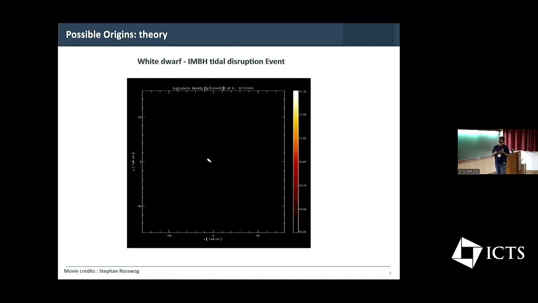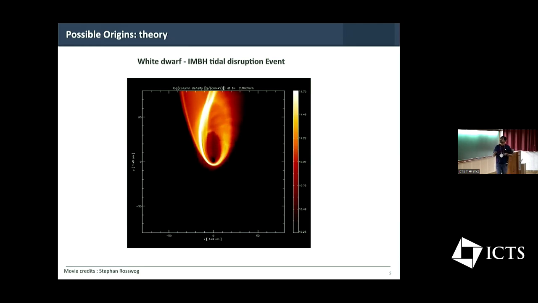Another progenitor is a white dwarf and intermediate mass black hole TDE. When a white dwarf gets tidally disrupted by an intermediate mass black hole, it produces X-ray photons, which we might be seeing as fast X-ray transients. Because of the compactness of the white dwarf and the comparatively lower mass of the intermediate mass black hole compared to a supermassive black hole, the time scale might be short. In one of the Chandra FXTs, XRT 005 and 9, we even saw two precursors before the main event, and those time scales agree with a white dwarf in an eccentric orbit around an intermediate mass black hole.